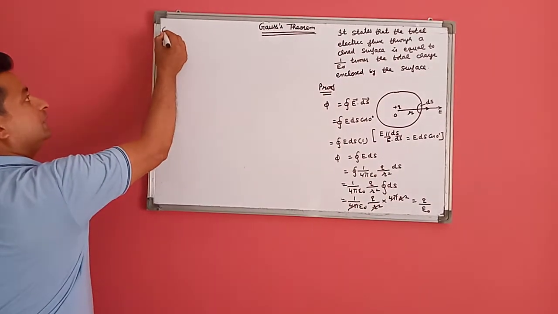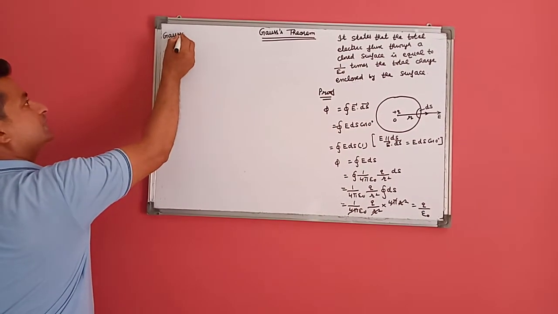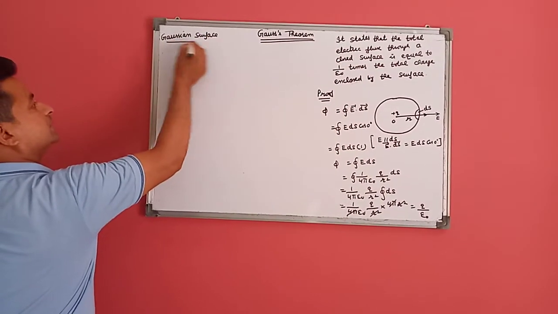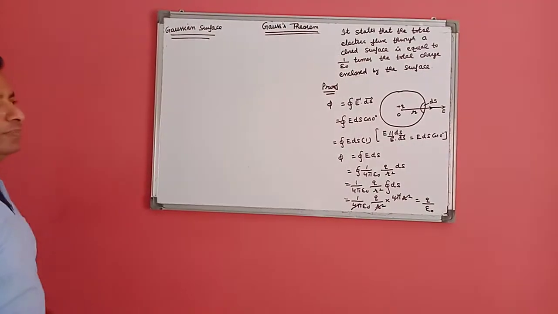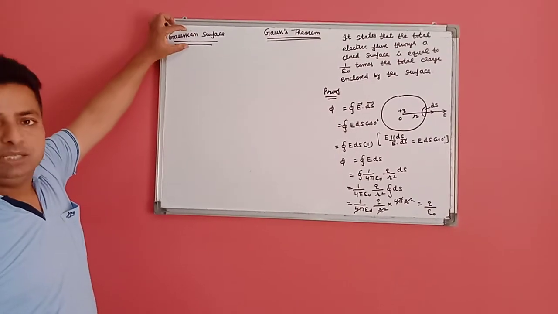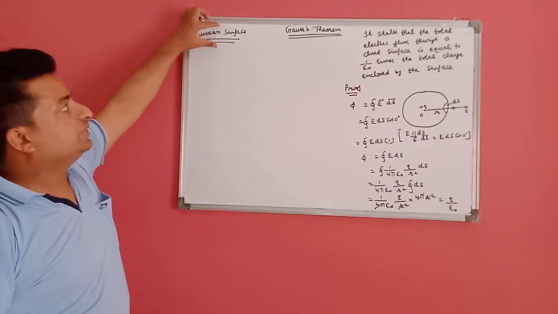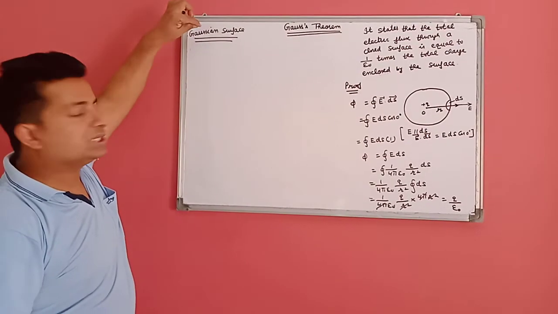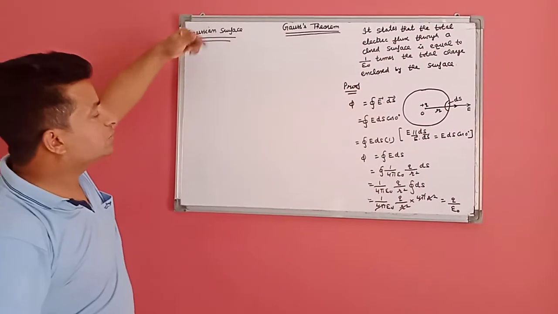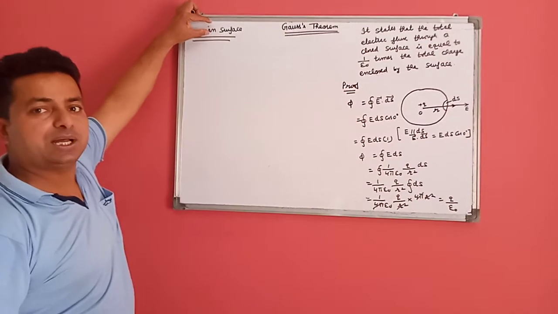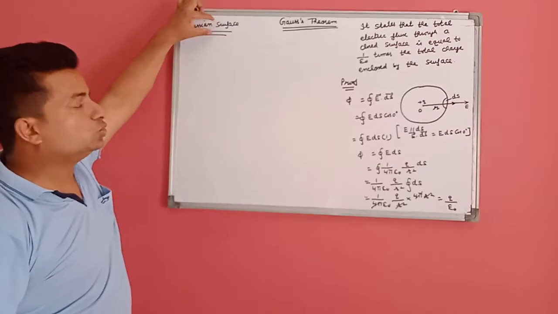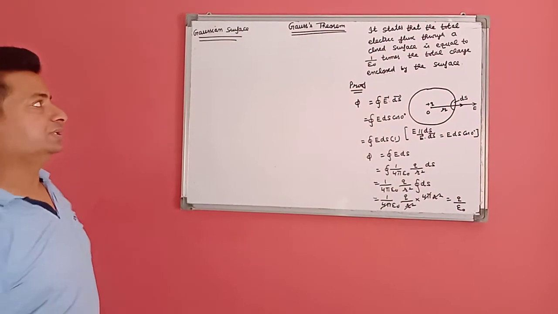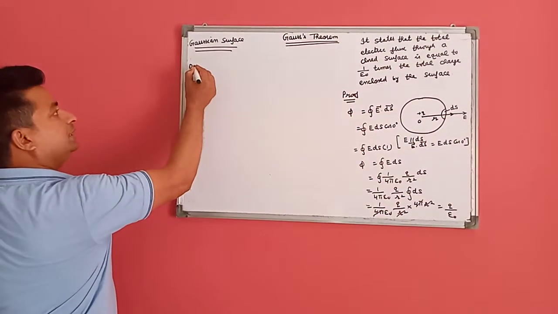Before this, we discuss a topic which is called Gaussian surface. Its definition is very simple. It is an imaginary surface over which the value of electric field is uniform. It is just imagined. Over this surface, the value of electric field is always constant and is used to find the electric field due to a closed surface.